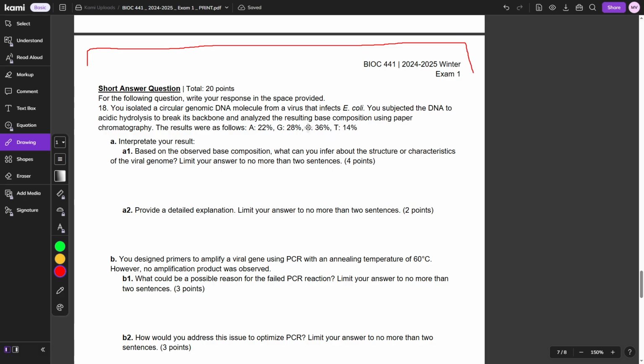Okay. Automatically, I'm thinking, okay, the ratio of A to T is not the same, and the ratio of G to C is not the same. So I am immediately thinking that this is going to be single-stranded, right? It's also going to be DNA, because I've got T and no U. So I'm thinking it's going to be single-stranded DNA. So that's what I'm thinking right now. Based on this,